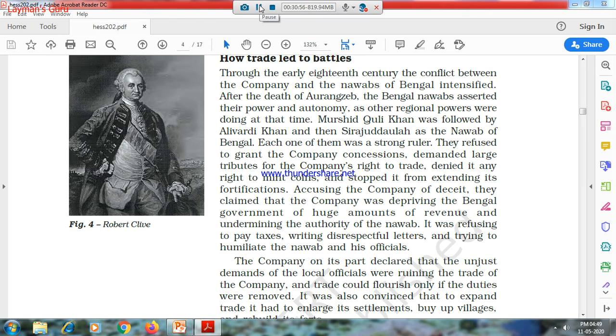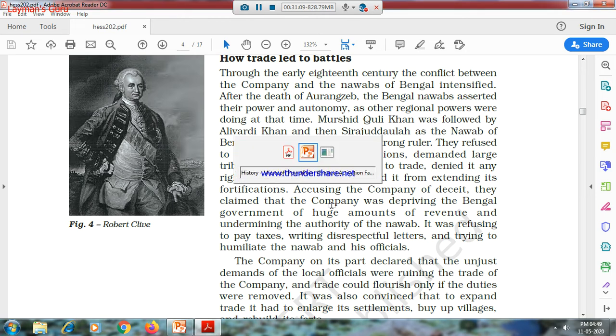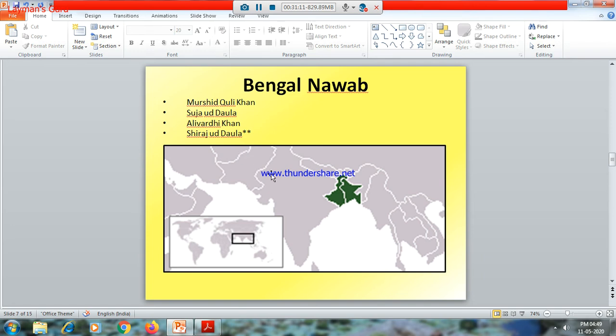So as we said, all rulers of Bengal and the British East India Company always had problems. When Siraj-ud-Dawla came to power, people around him said, no, see, these people are cheaters, they are doing like this, all this will not work. So Siraj-ud-Dawla ordered them, okay, you will have to pay the duties so and so, there is no exemption for you. And you are fortifying yourself. No, you cannot fortify yourself, you cannot create your own autonomous area within your fort without my permission,